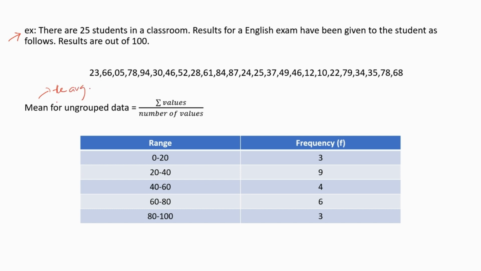So for ungrouped data, we can use this formula to calculate the mean value, which is sigma values divided by the number of values. Here we have to calculate the summation of all the values, then divide by the number of values. So here the mean of this ungrouped data is equal to,